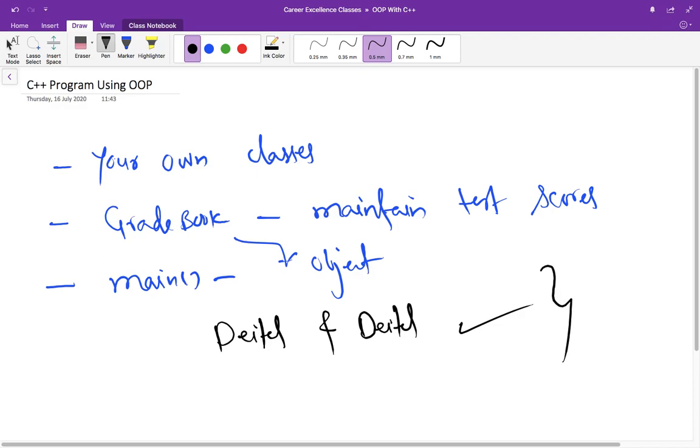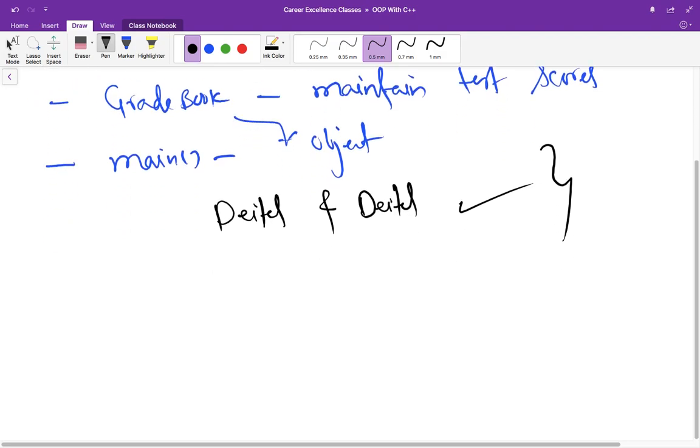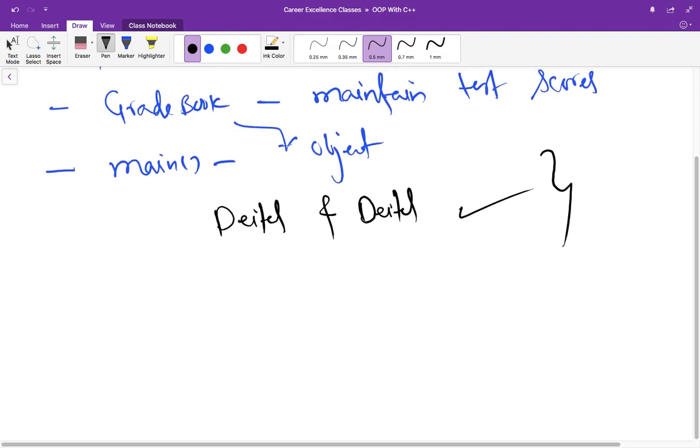So now let us create our first C++ program using the object-oriented approach. In this approach, the main function uses an object and its member function to display a message. So the program will be like this.